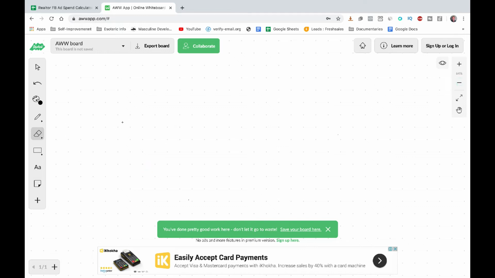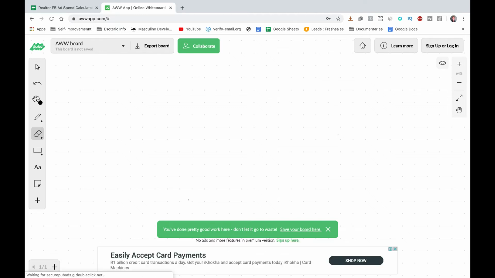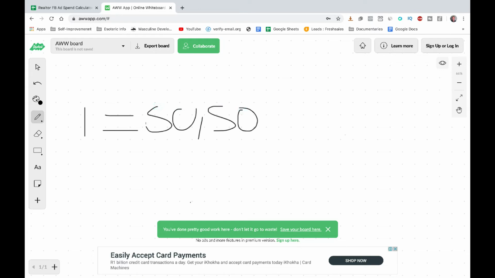It's just a matter of calculating and figuring out how many leads you want. Now, this is where the important part comes in. Remember when I was talking about how Facebook will tell you how much it's going to cost you to get one lead? So if one lead is going to cost you 50 cents, then you can obviously do the maths and figure out how much it's going to cost you to get 100 leads, to get 200